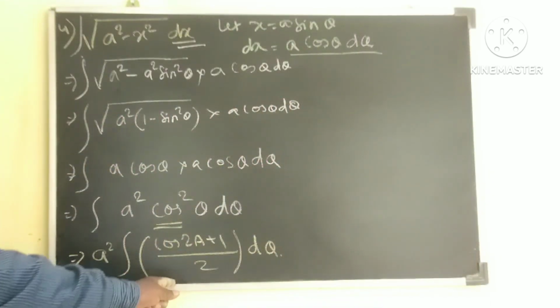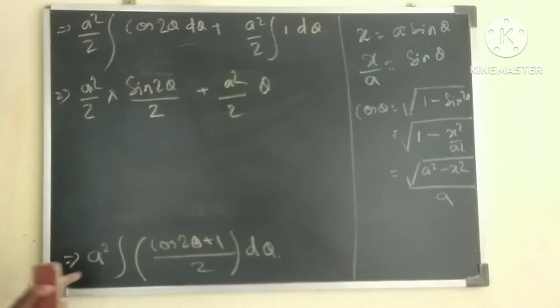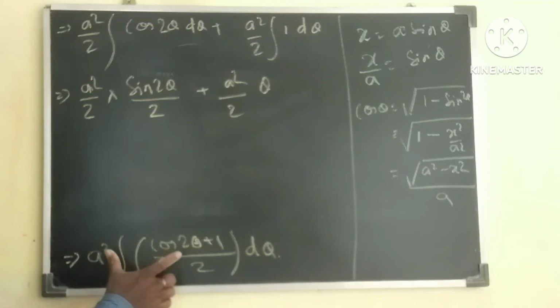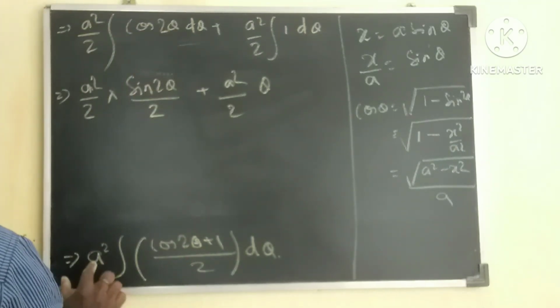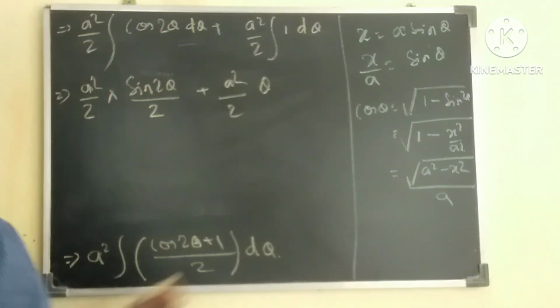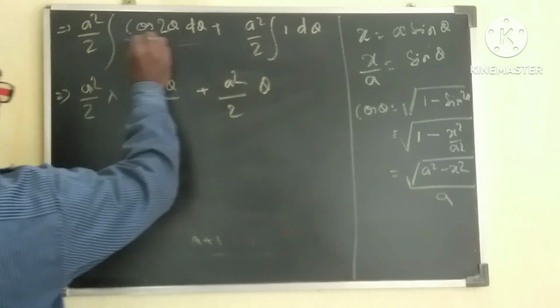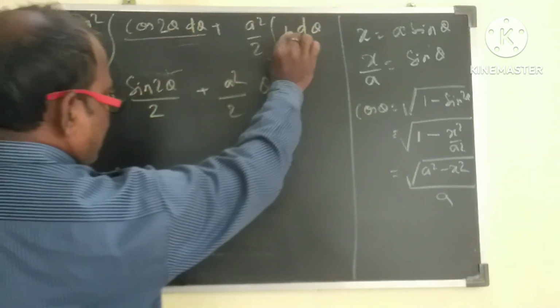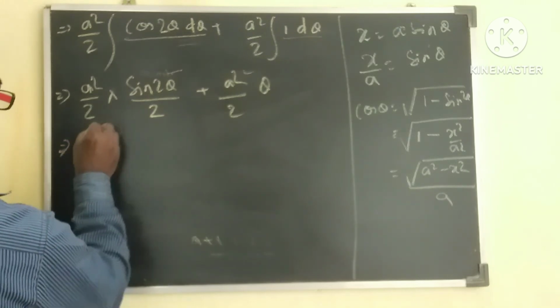So now we'll split this and try to find out the answer. In the last step we had this, which can be written, if we split it up, as a square by 2 cos 2 theta and a square by 2 into d theta. So finally, the integration of this is this and the integration of this is this. This can be written as a square,